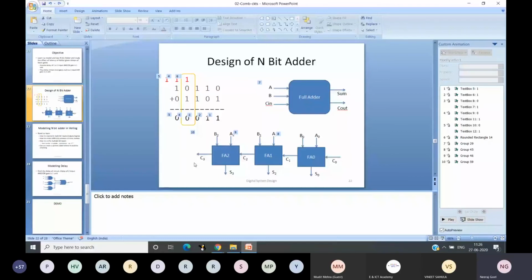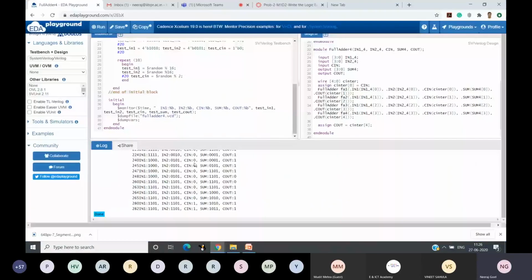So this particular type of modeling in Verilog is called structural modeling. We write a structure, a gate level specification, and then we can use Verilog as a modeling language for that. We can represent all those intermediate signals and write all of them in Verilog. So this was about writing this 4-bit adder.